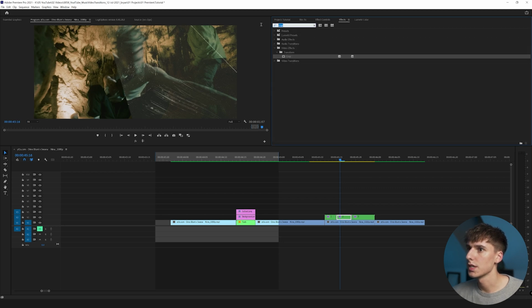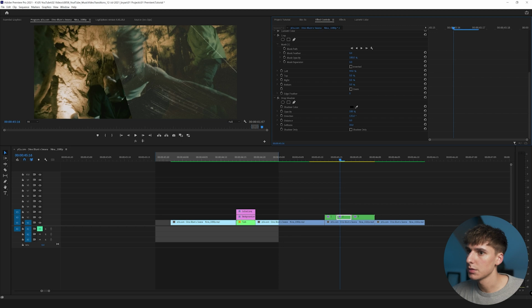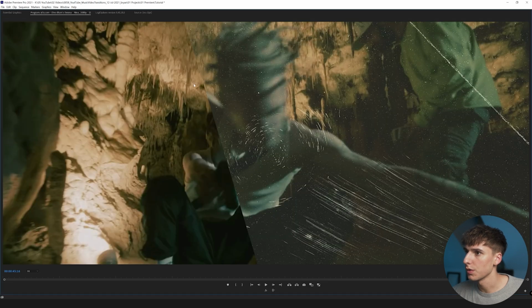And then I'm also going to add a drop shadow on it, just so it looks like it's kind of overlaying the footage. Go to opacity, and I'm just gonna make it something really slight, just so you can barely see it. See if I turn it on and off. Here's with it off, and then here's with it on. I think it just adds a little bit of depth to it.